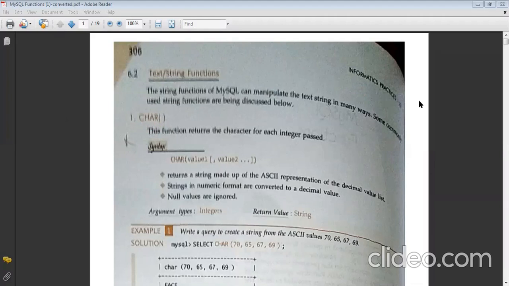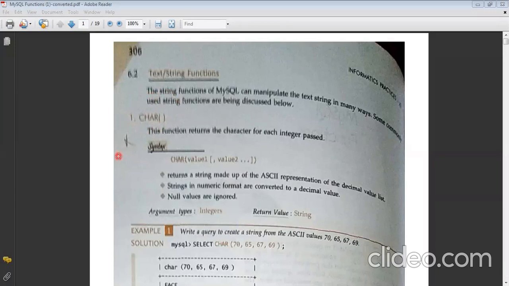So whenever we discuss a function, remember that it should always be followed by small parentheses. If you do not write that parenthesis, it will not be considered a function. It is just a way to find out that this is a function.